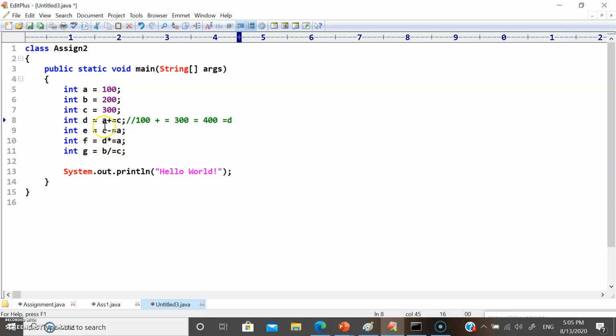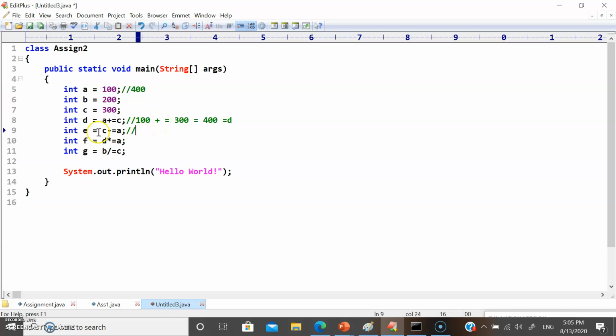At the same time the a value would be replaced with 400. First it does addition and then assignment, assigning the value 400 to the variable a. So now the a value is also 400, d value is also 400.